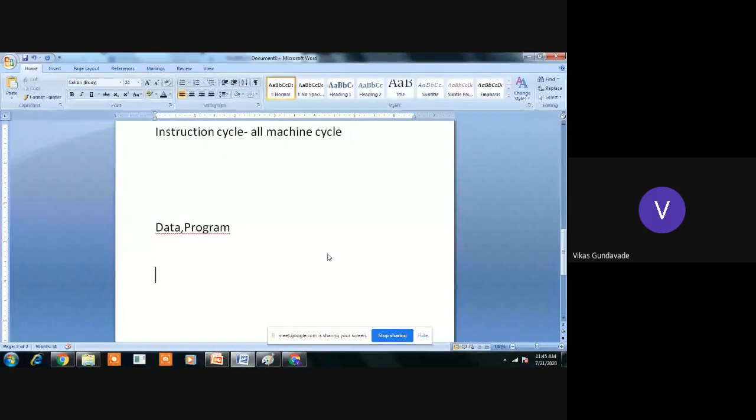In the data memory, starting from 00 to 7F, from 00 onwards, there are 4 register banks, bank 0 to bank 3. The first one, bank 0, holds 8 registers, R0 to R7. Similarly, bank 1 has 8 registers, bank 2 has 8 registers, and bank 3 also has 8 registers.